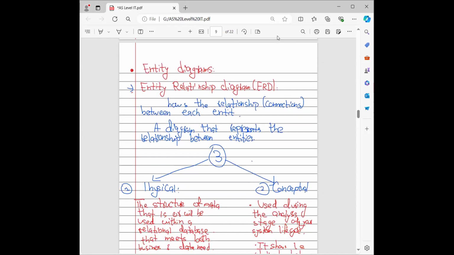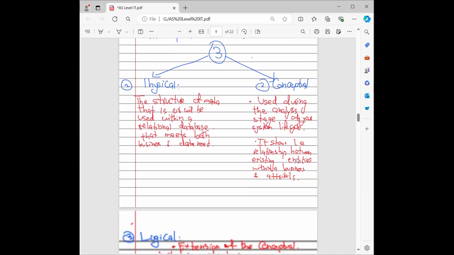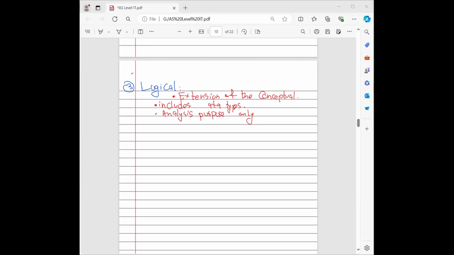Followed by that, I also discussed the entity relation diagrams and how you can create them, and you basically have three types of entity relation diagrams. The first one was your physical. The second one was conceptual, which I discussed in my last lecture, and the third one was your logical. Now, moving forward, in this class we will be discussing